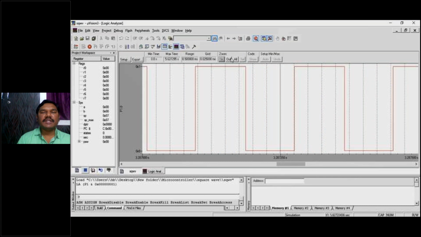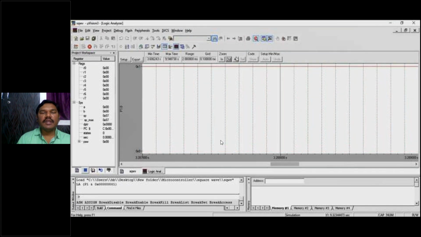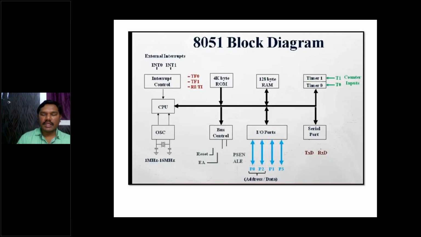Only one waveform I am generating, so I have taken only one port. See here, this is the generation of square wave. Here you can see the different timing pulses.